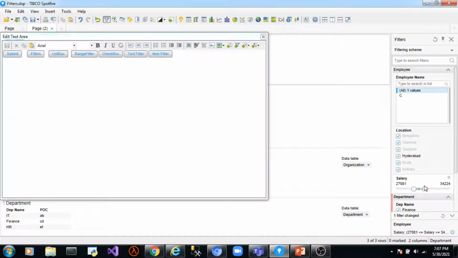Similarly, the higher limit of this range will be set to the next available lower value. So this point should be set to 20,000 and the higher limit should be set to 30,000. Let's run the script.